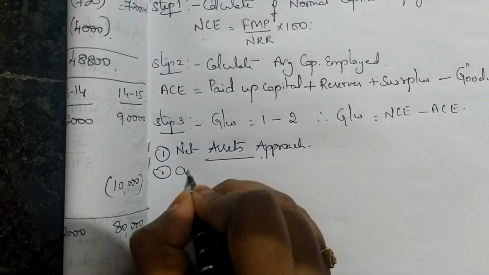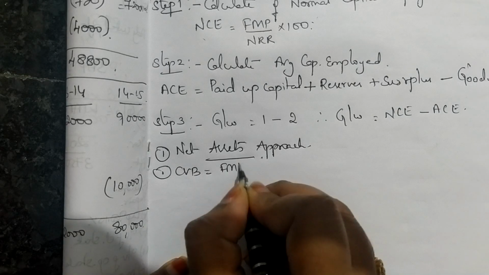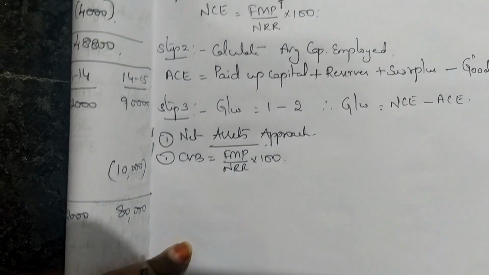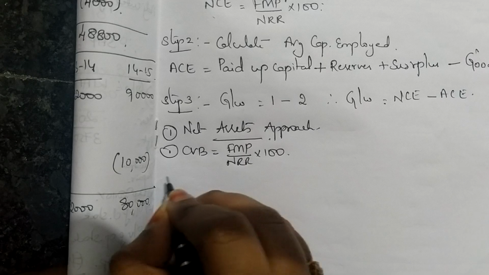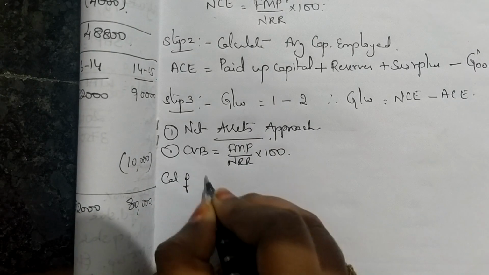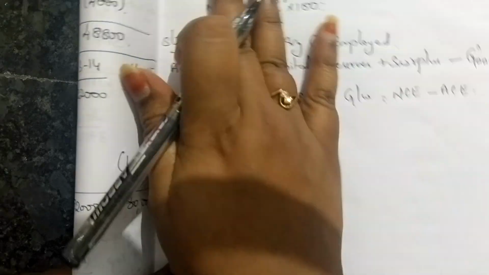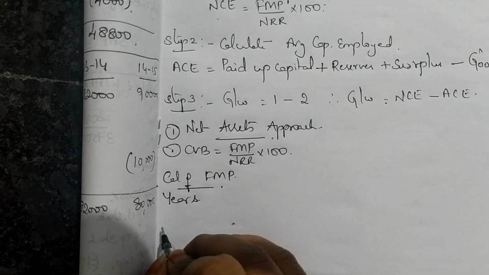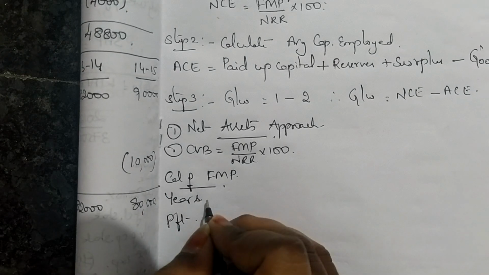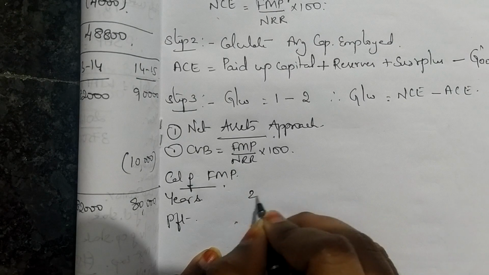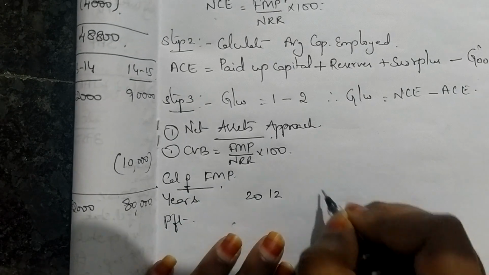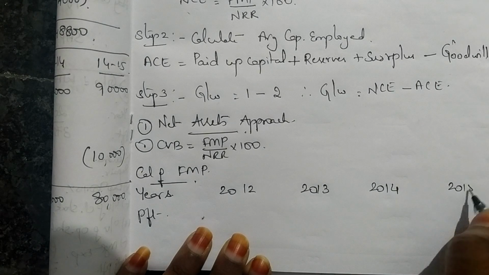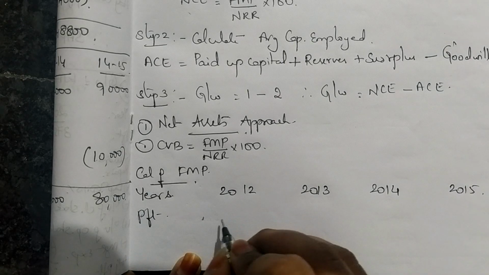where your step 1 is CVB is equal to FMP divided by NRR into 100. So first we should calculate FMP. So how do you calculate that FMP? I just write here: calculation of future maintainable profit. You have years given for you and then the profit. Years is 4 years starting from 2012, 2013, 2014 and 2015. Profit for 2012 is 15,000,